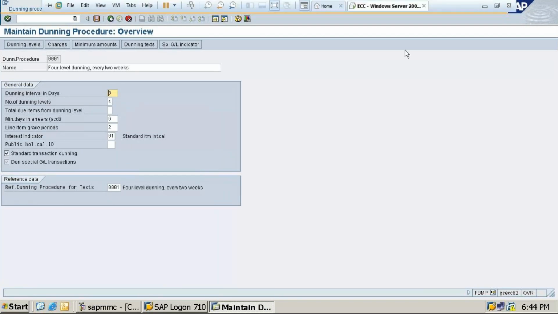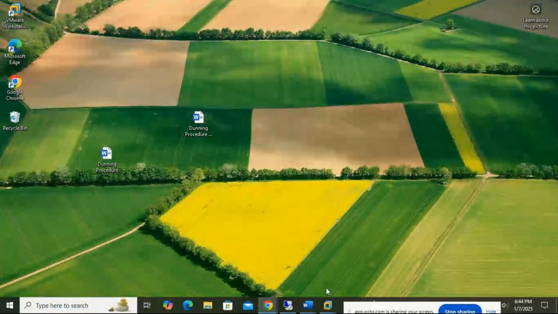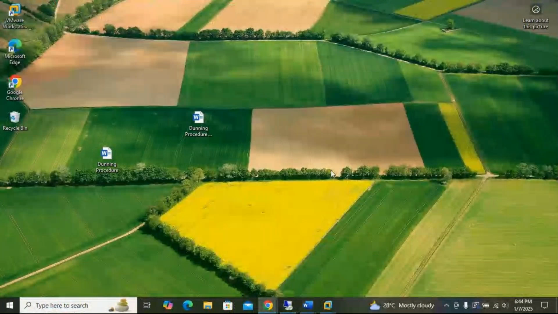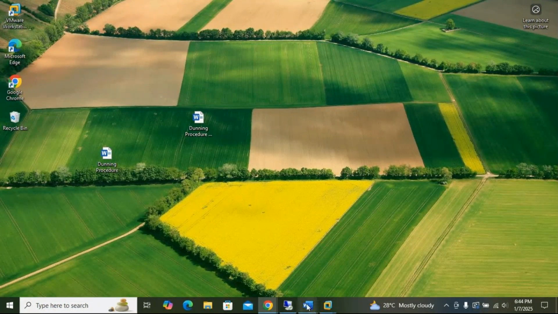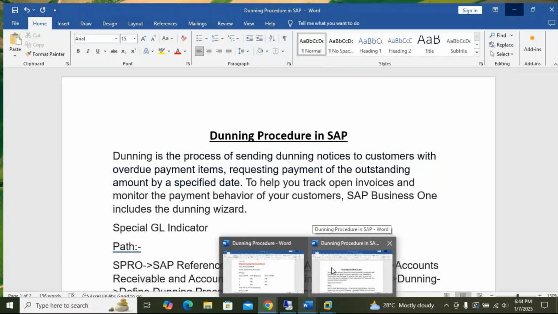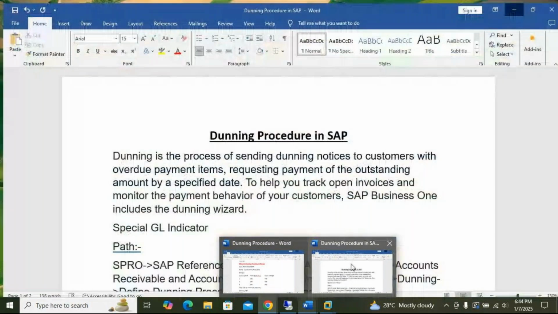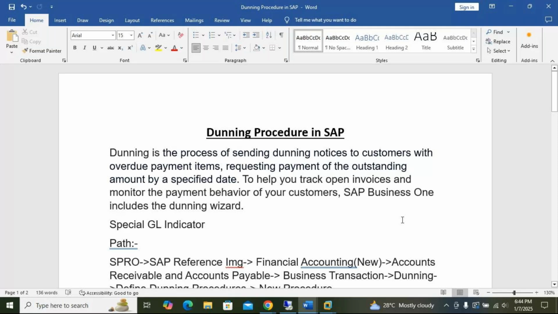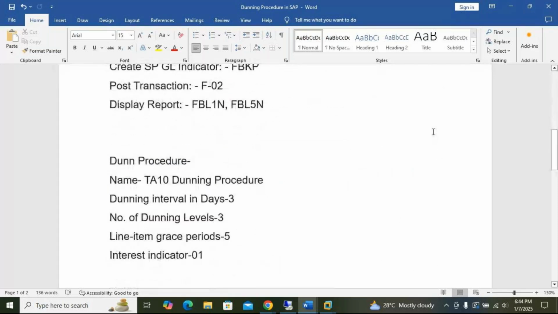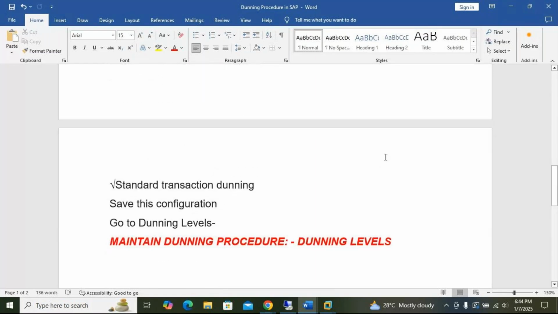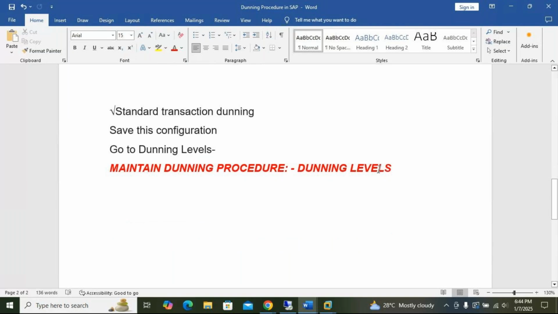Next option is dunning procedure. Dunning procedure number 3, number of dunning levels 3. Standard indications during the save configuration, go to dunning levels. So maintain procedure for dunning levels.